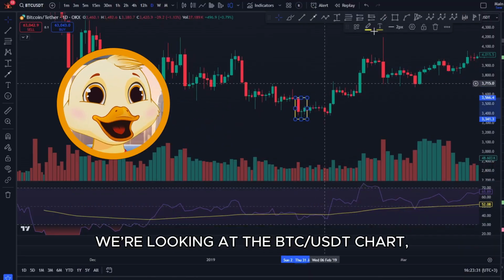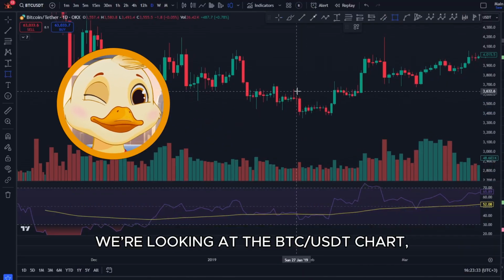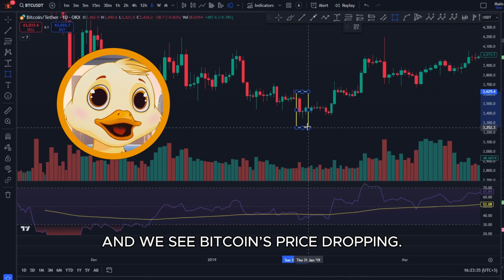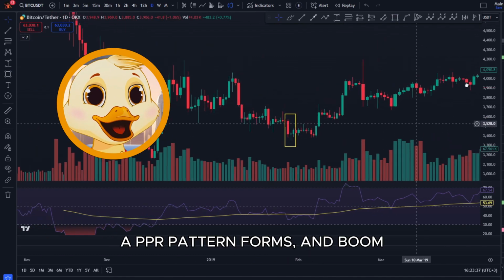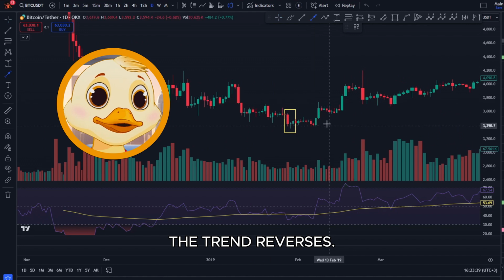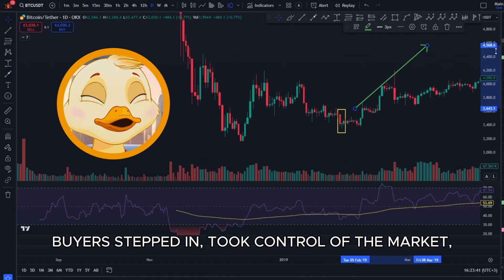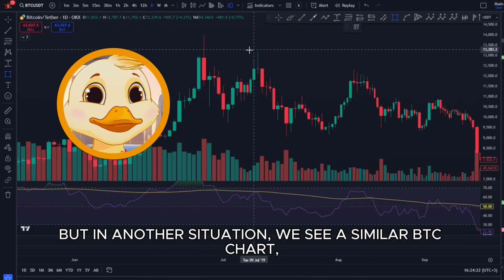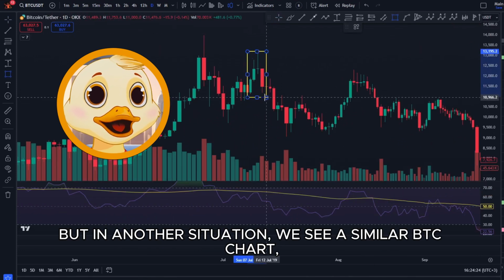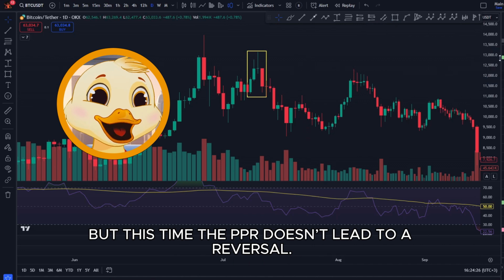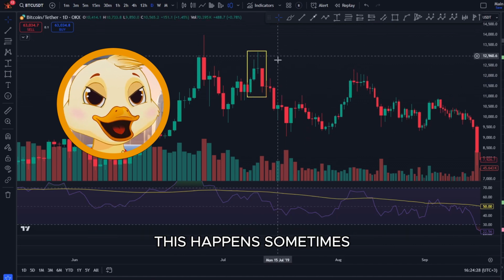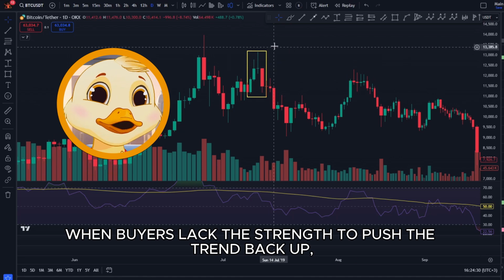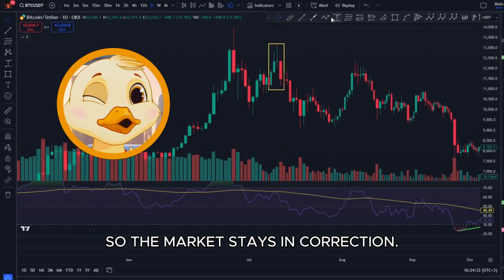Here's a scenario. We're looking at the Bitcoin USDT chart and we see Bitcoin's price dropping. A PPR pattern forms and boom, the trend reverses. Buyers stepped in, took control of the market, and the pattern played out beautifully. But in another situation, we see a similar Bitcoin chart, but this time the PPR does not lead to a reversal. This happens sometimes when buyers lack the strength to push the trend back up, so the market stays in